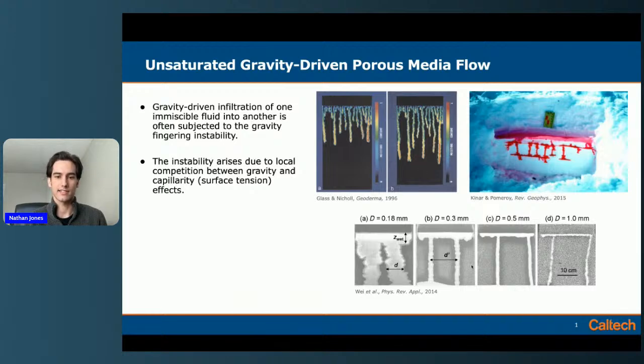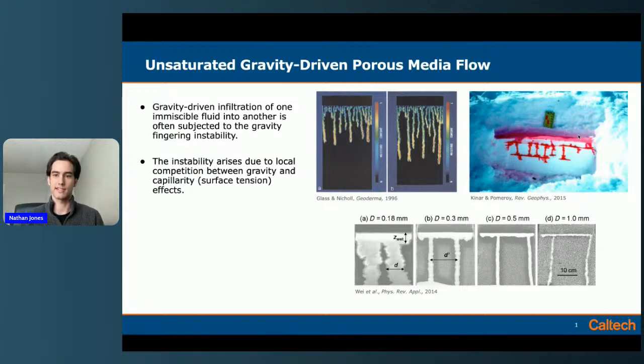This happens in glass beads. This is an example of more experiments done more recently in sands, in which they vary the properties of the sands here. I believe this is the grain diameter. And then, of course, in unsaturated snow, in which they have these sort of, in the field, they do these,